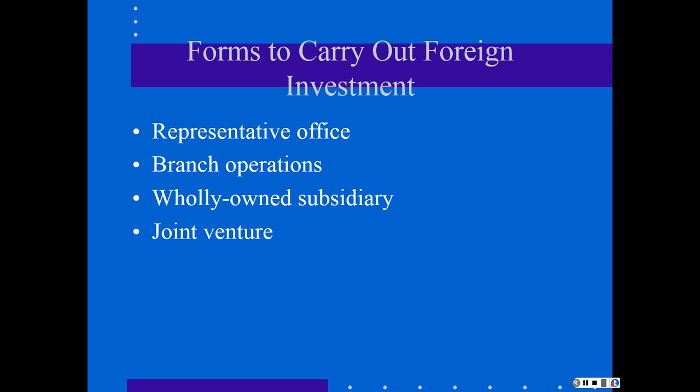We have several possibilities, going from the most cost efficient and the least problematic to the most problematic. The first is the representative office using an agent, then the branch operations, wholly owned subsidiaries, and then joint ventures